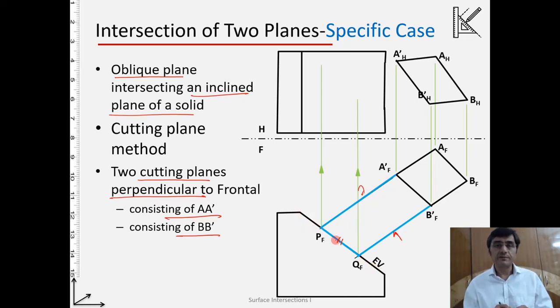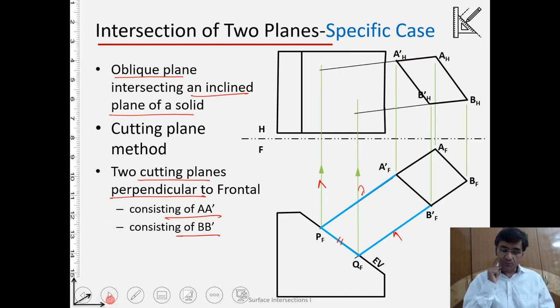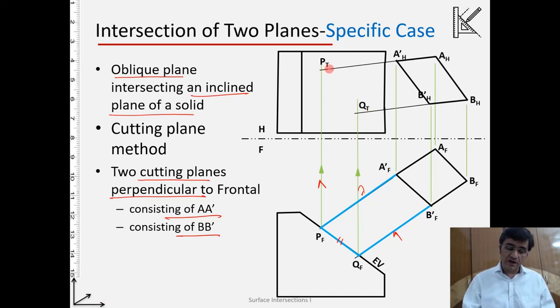given inclined plane. Alright, so once I take the projector up, in the previous case we were taking the projector up from WF and XF, so taking it from PF is equivalent to that only. Alright, so on the horizontal projection, now horizontal plane, we can locate the corresponding point to this by extending the projection of line A dash where it intersects. So if you do it, that is the point PH and Q at, or here I'm using T for top view, or it is same as the H.